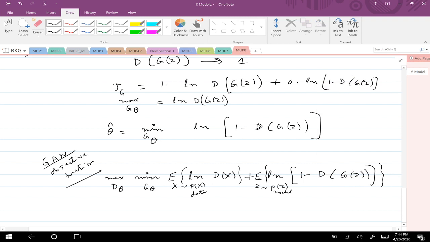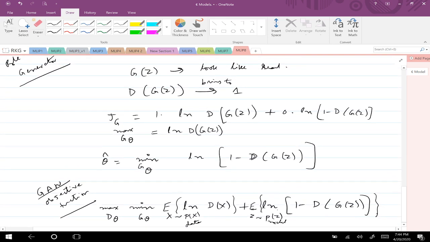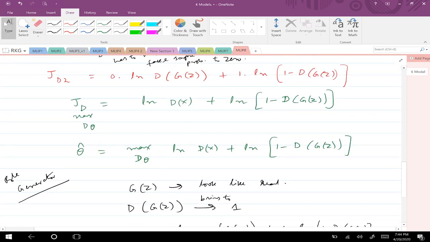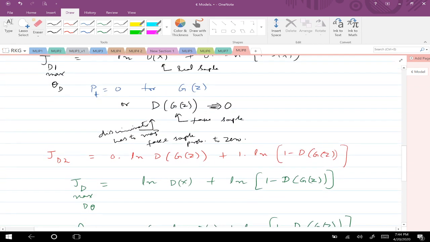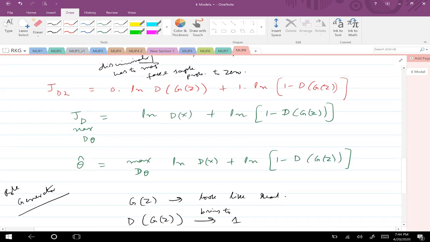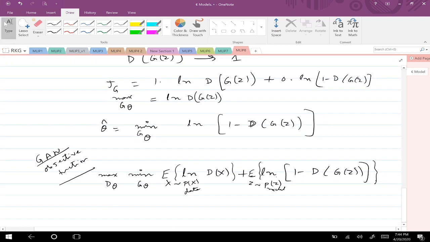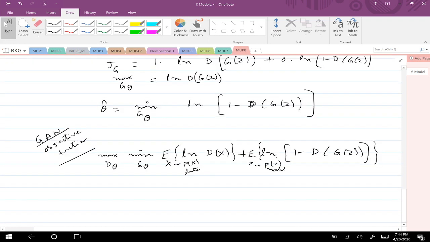Okay, so please note that the expectation needs to be there everywhere, considering that for optimization we usually take a large number of samples, not just a single sample. So expectation has to be there everywhere. Please note that the expectation is there. The optimization is done over a large number of samples.